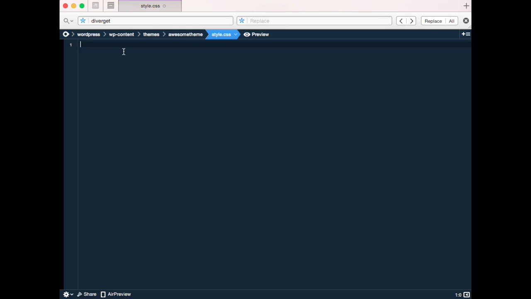So if we open the file, we have to start writing the description and the name of our theme. What our theme is made of, what is the name of our theme, the author name, the description, the license, a bunch of information that WordPress needs. So as you can see, I created a code comment tag to list all this information, and WordPress is really powerful, because if we write Theme Name and we call it Awesome Team,